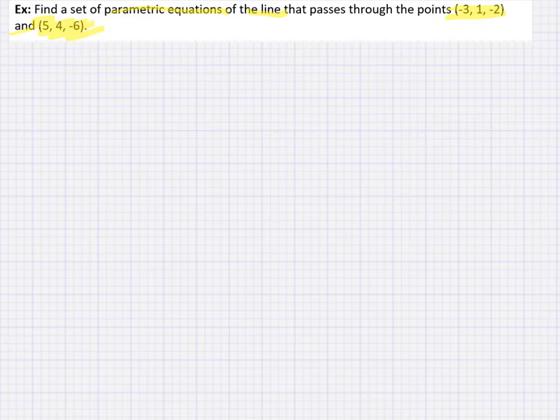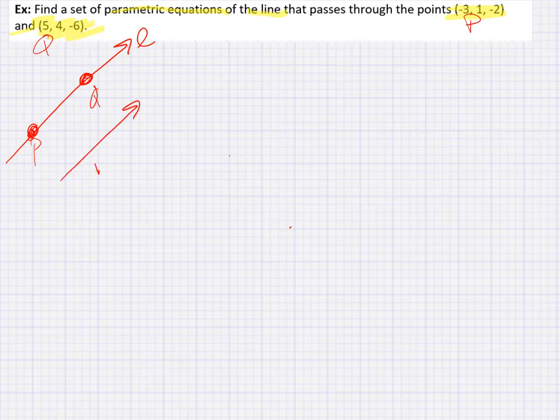So think about it. We have a line, let's say L. We have a point and another point. We know both of these points. Let's call this P, let's call this Q. So here's P, here's Q. It doesn't really matter what the orientation is. They're both on the line. So what we need to do is come up with a vector, v, that's parallel to this line, knowing this information. Well, the easiest way to do that is to find the vector between P and Q. And it doesn't matter whether it's the vector PQ or the vector QP. Either way, that vector, since it's on the line, is parallel to the line and will be the parallel vector we're looking for. So let's just find vector PQ,